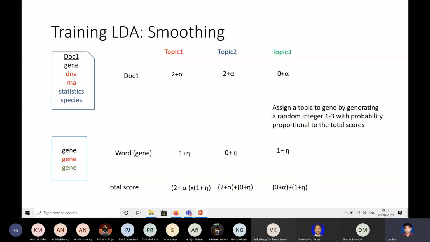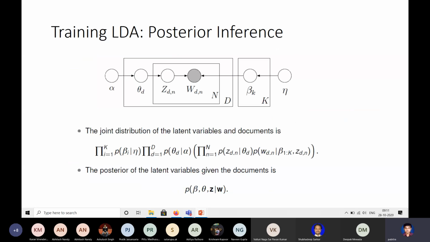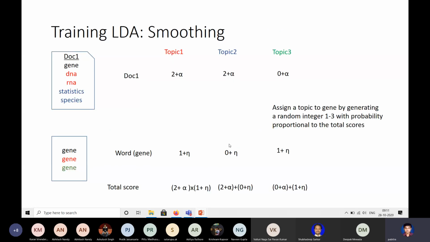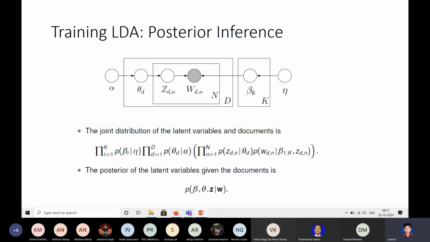Okay, so this is what we do. Okay, so now let me explain. So I think this you have understood. Now let me explain it more mathematically. So what are the parameters we have? We have the two multinomials. Those are the parameters. So those two entire matrices, all of them are parameters. We call them beta and theta. And we have the topic assignments and we have the words to topic assignment.